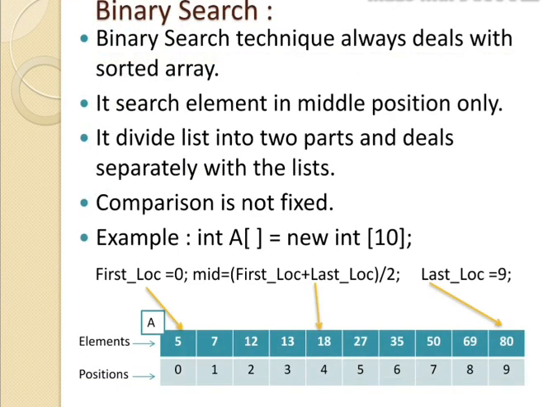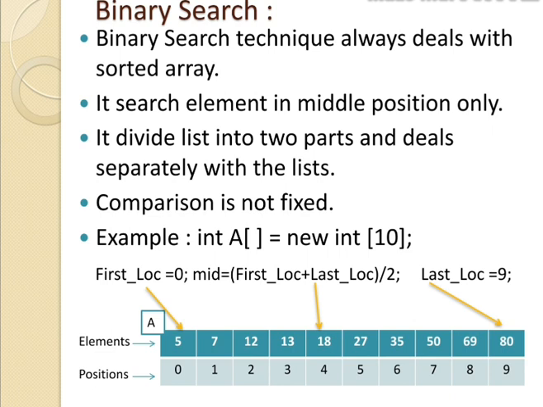Next one is the binary search technique. It is a difficult one, but you have to concentrate on what I'm saying. With me you have to proceed, otherwise you are not able to understand binary search. Linear search is an easy technique, but binary search is a complex one. Linear search moves from 0th location till size minus 1, and checks each and every element with the number to be searched. But the binary search technique never does that.